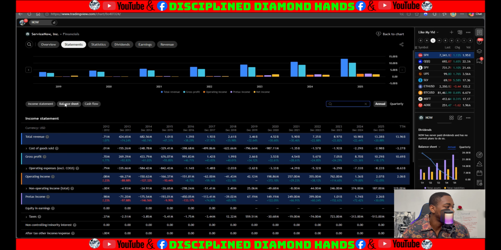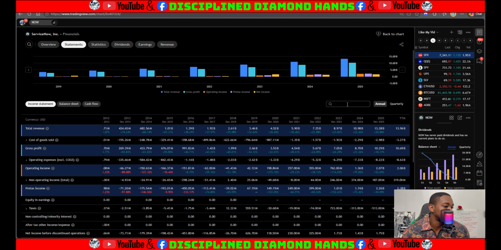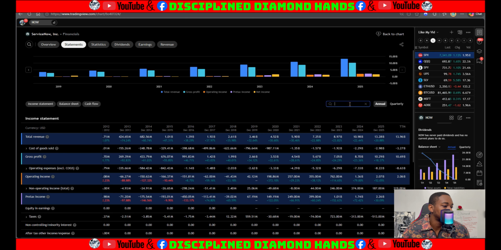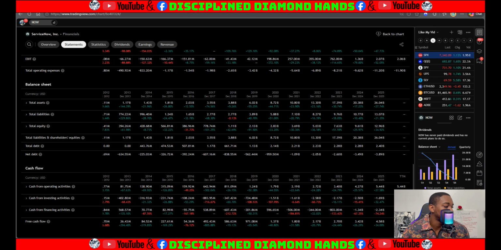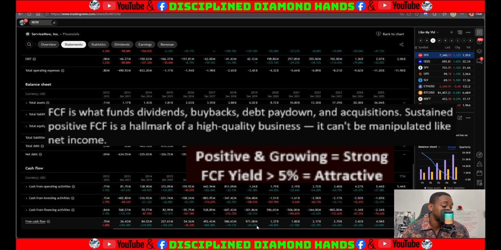Instead of clicking each one of these tabs, if you want to see all these tabs on one slide, on one page, just click in the search bar, scroll to the bottom, free cash flow. We get to see it from here. Boom, free cash flow has been increasing astronomically. Free cash flow was $26 million